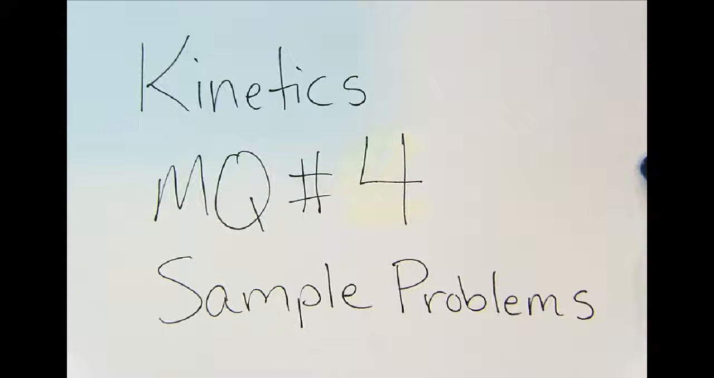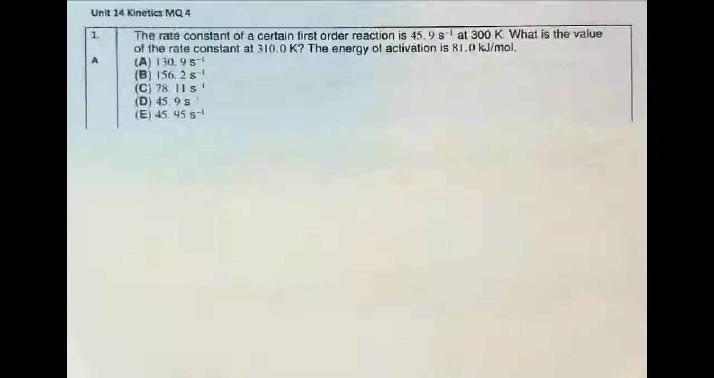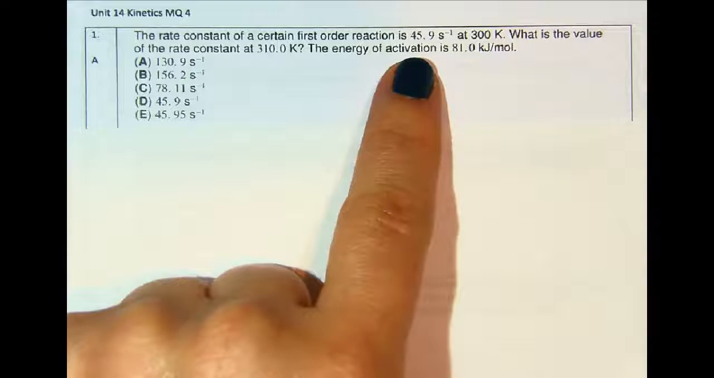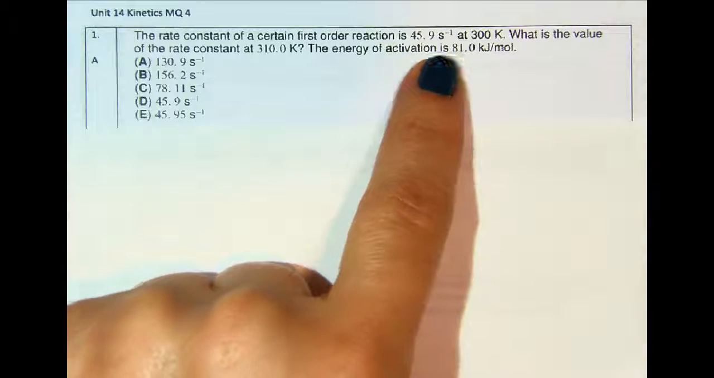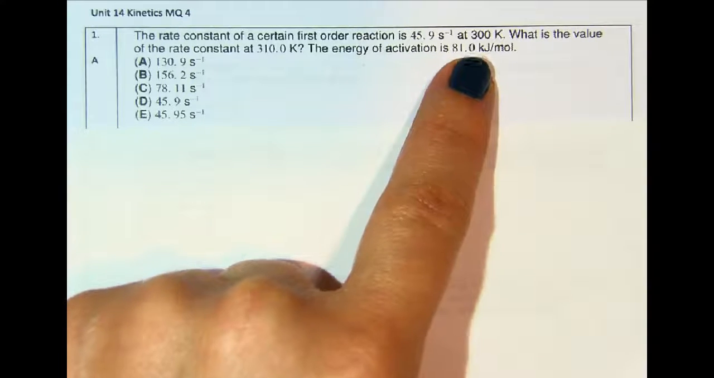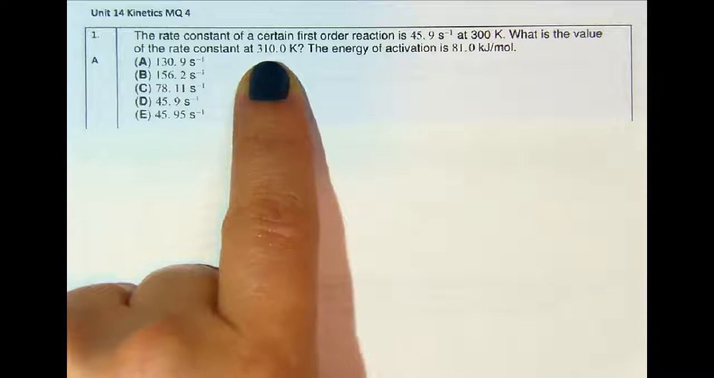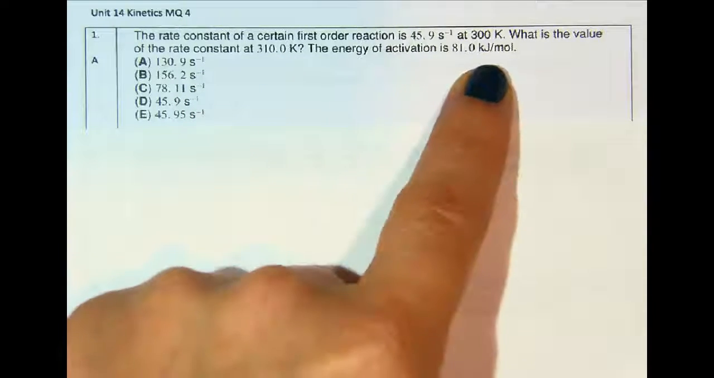Here are some select Moodle Quiz 4 sample problems. Number 1. The rate constant of a certain first-order reaction is 45.9 seconds to the negative 1 at a temperature of 300 Kelvin. What is the value of the rate constant at 310 Kelvin if the activation energy is